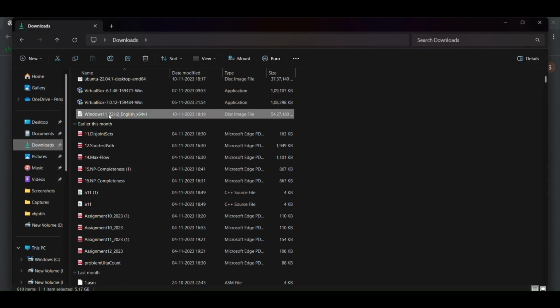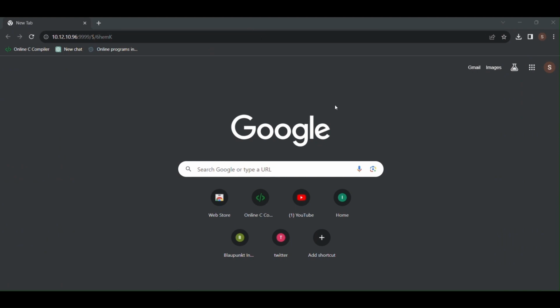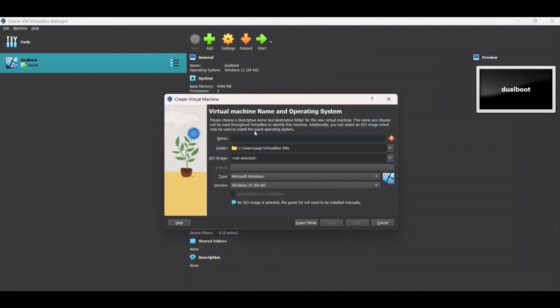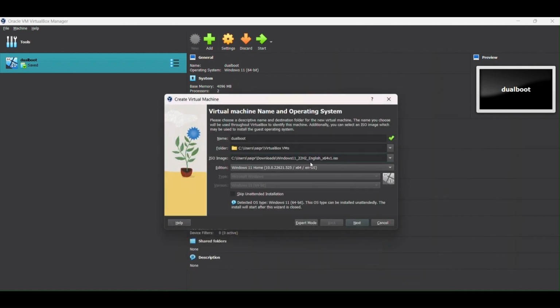Now let's open our VirtualBox. Let's click on New and give a name, Dual Boot. Let's select our ISO file, which is our Windows 11. Now next,